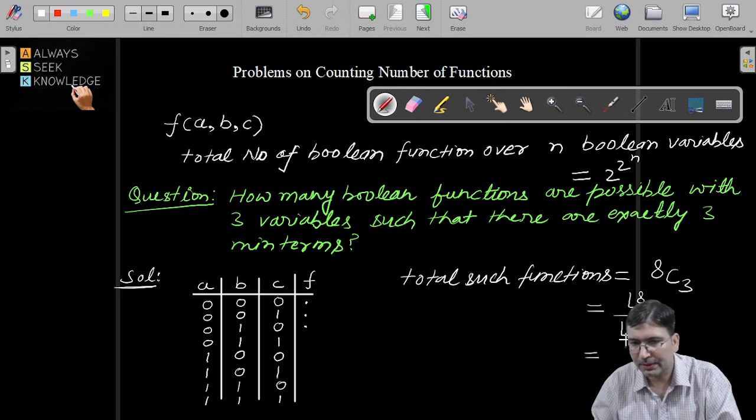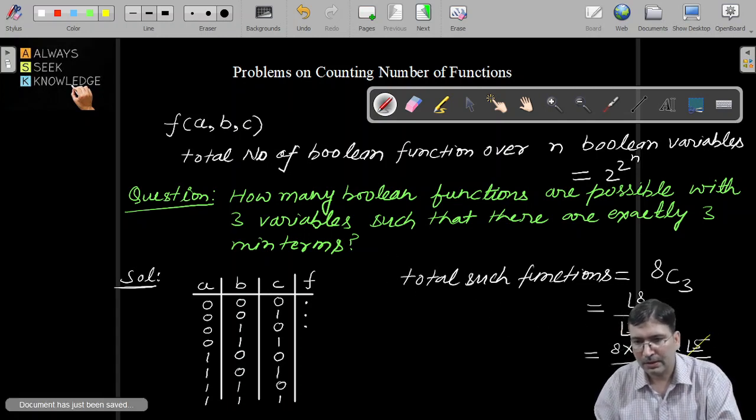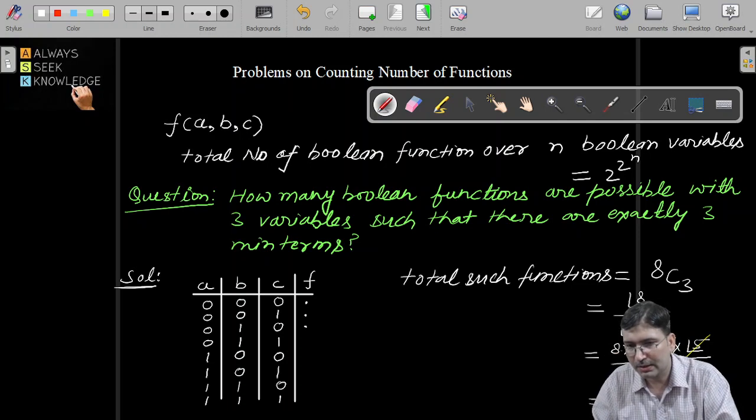Factorial 8 is 8 cross 7 cross 6 cross factorial 5 divided by 3 cross 2 and factorial 5. We can cancel factorial 5 with this, right? 3 cross 2 will be 6. So the total number of such functions is 8 times 7, that is 56. So the total number of such functions would be 56,